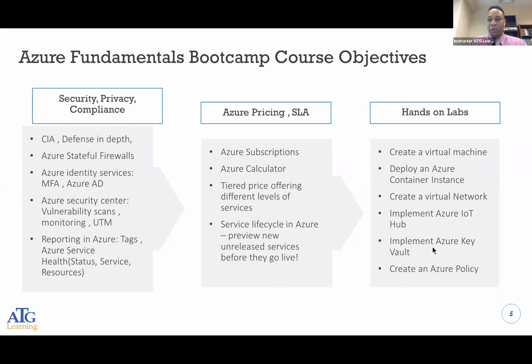Azure Key Vault, right? We're going to have a hands-on lab. The Key Vault is basically a place where we can keep secret things secret. We're talking about passwords and certificates, which is what you can create in the Azure Key Vault. And unless you have authorization to log into the Key Vault, you won't be able to access any of those secret passwords or certificates.